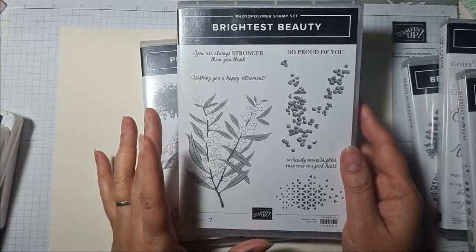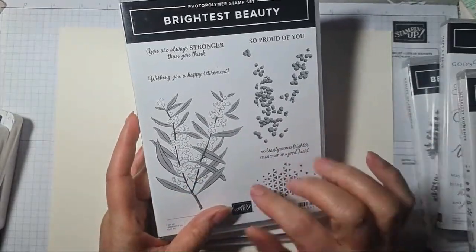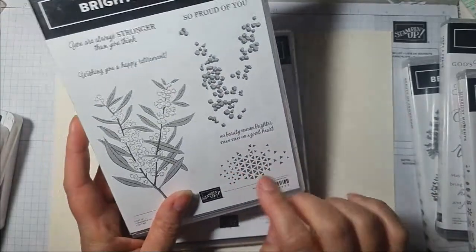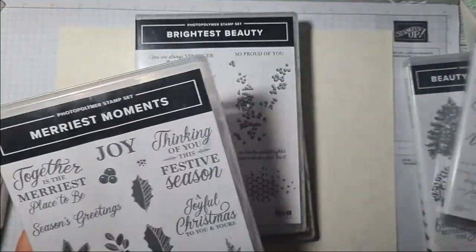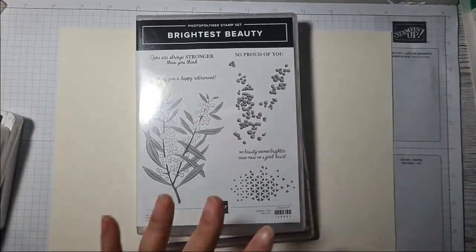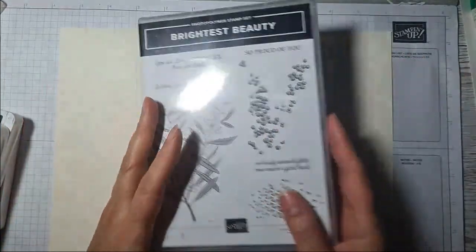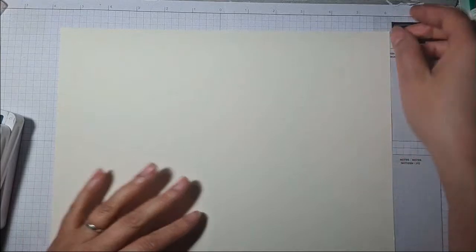Also, Brightest Beauty. I really like this set. And I particularly like the dies, but again, haven't played with it as much as I wanted to. Really love this texture here. And then I'll see how it goes. But I wanted some trees in this one. It's going to be a kind of toile design where I just stamp stuff all over the place and then cut it up and use it for card making or maybe tags or boxes or something. Okay, so